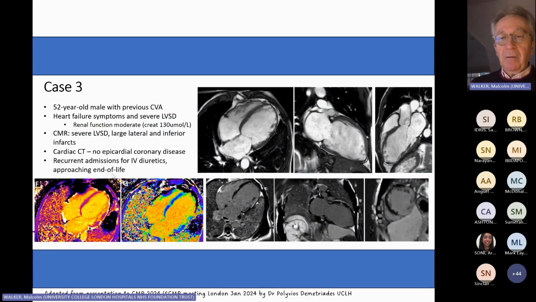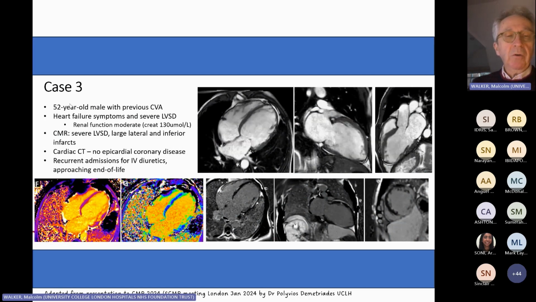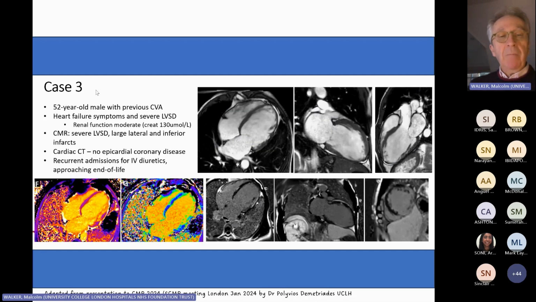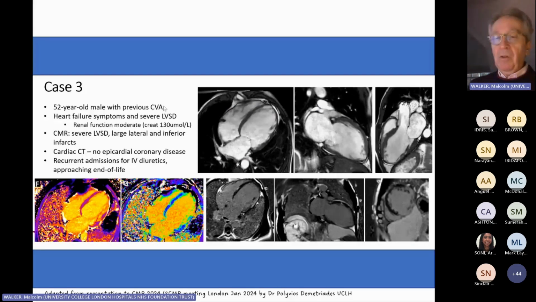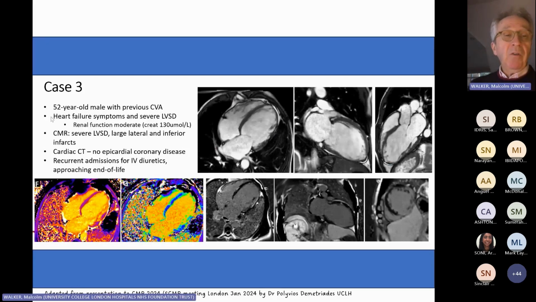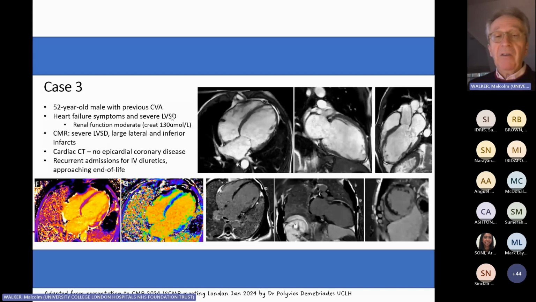Finally, this is a very sad case, a 52-year-old, who actually I was speaking about this morning to his clinicians. He's had a previous stroke. He's a very, very high functioning gentleman with a very medical family, presented with decompensated heart failure and severe left ventricular dysfunction. He has mildly deranged kidney function. His creatinine average is about 130 micromole per liter. These are his MRIs, and again, you can see very, very poorly contractile,